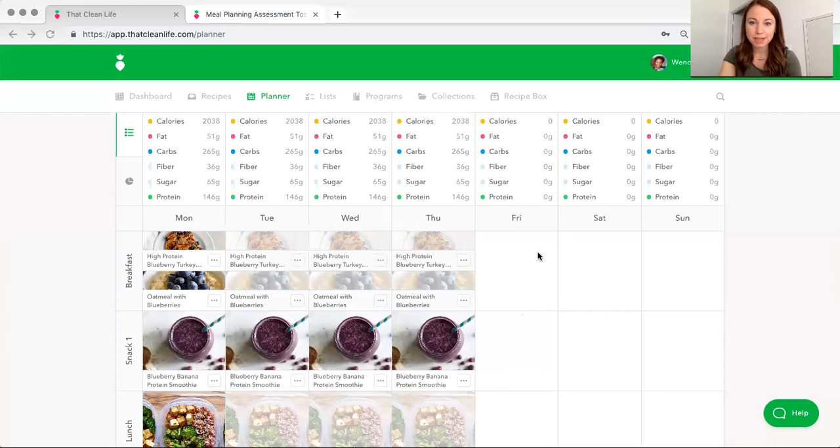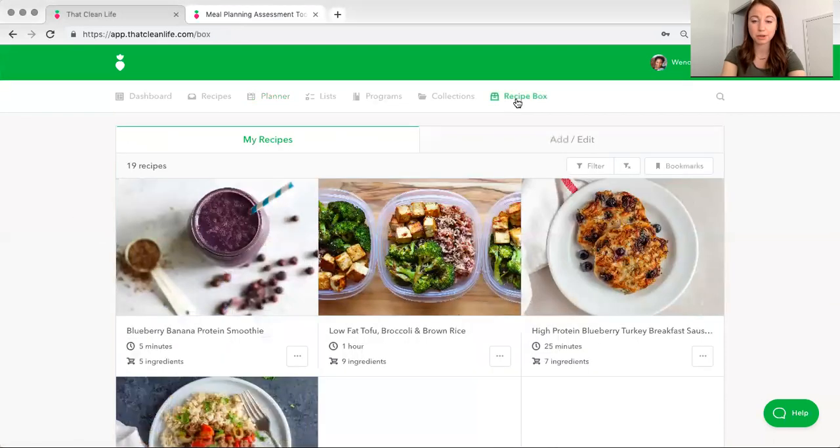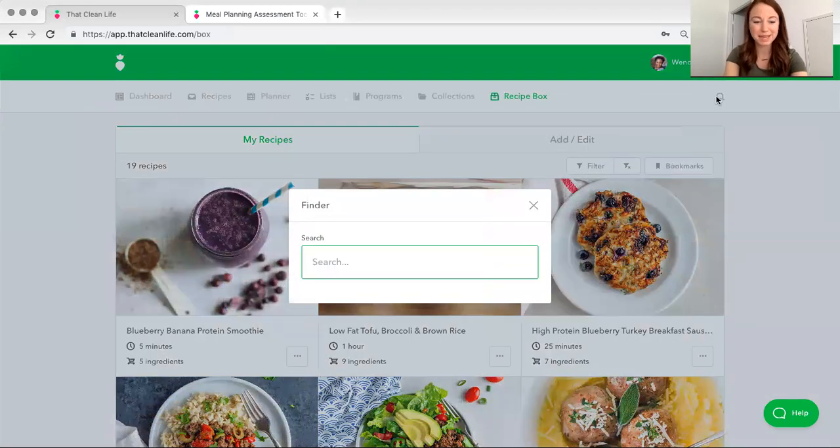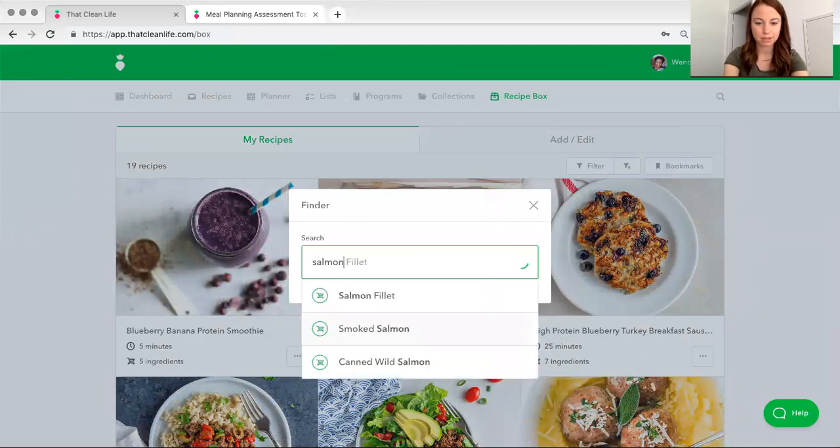Jennifer's asking, I want to be able to plug in, for example, 4 ounces of baked salmon, 1 cup of steamed broccoli, 1/3 of a cup of quinoa. Yep, you can absolutely do that. You could create a recipe in your recipe box where you just add the ingredients super simply. We actually have a recipe like that, salmon, broccoli,